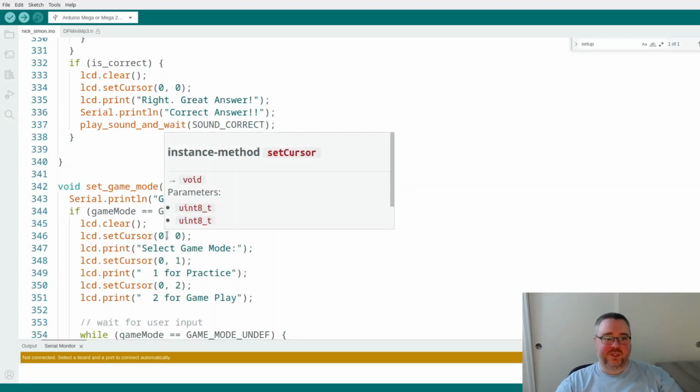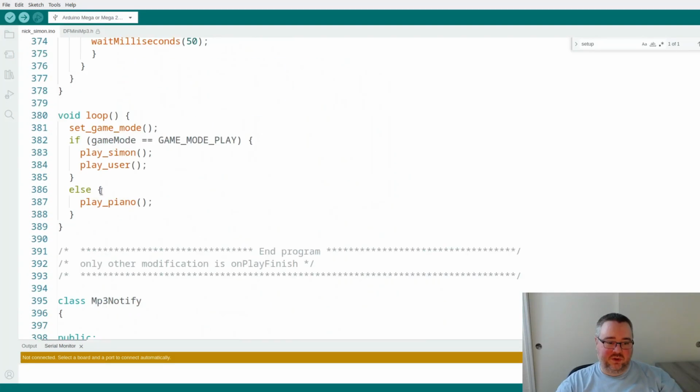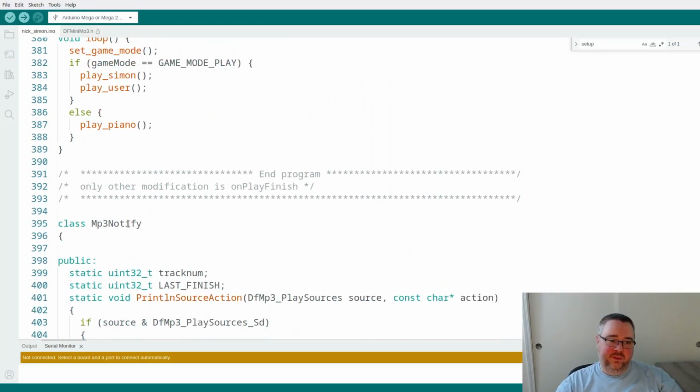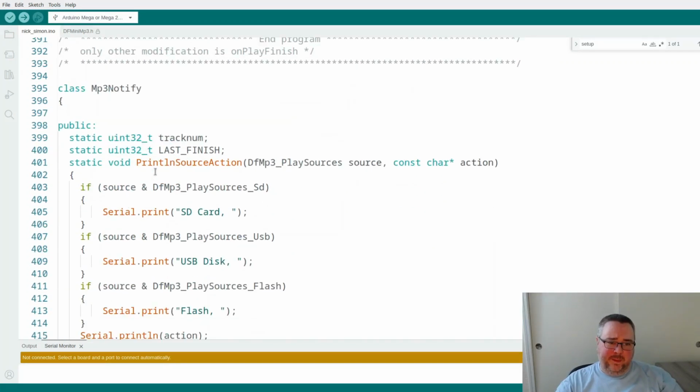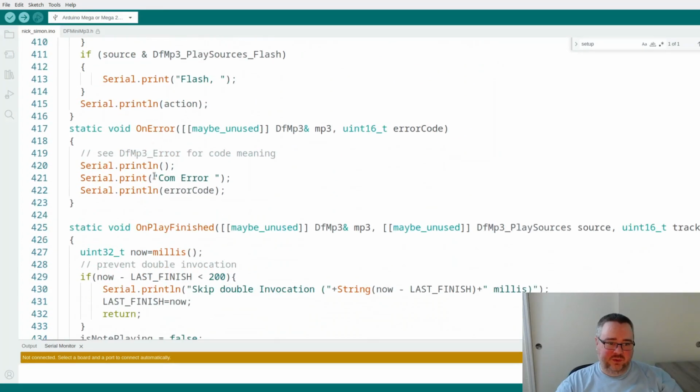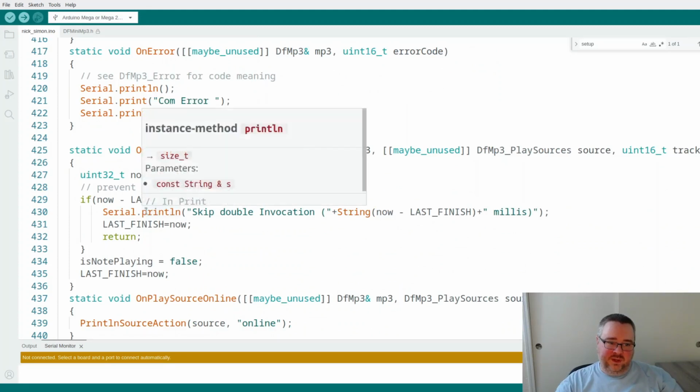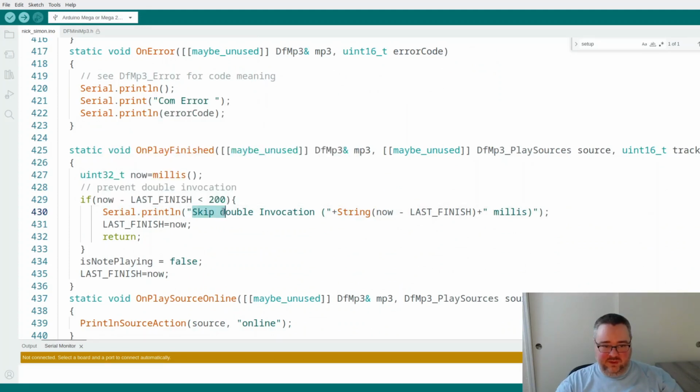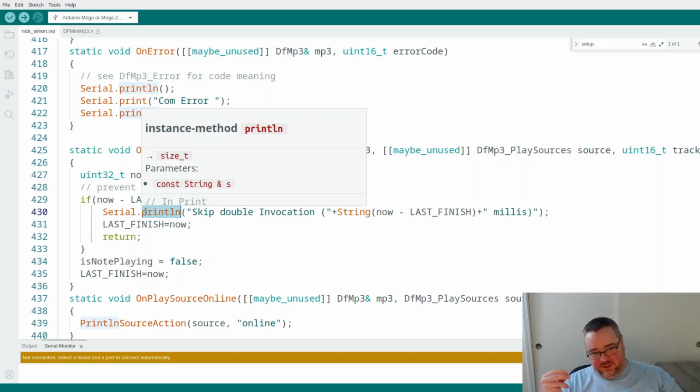So let's go through some changes that I had to make to the actual code of this MP3 Notify. There's 2 changes that I had to make to get this to work. The first one is that if you look online in the forums, there's a thing called double invocation, and what happens is when it tries to play a note, it actually plays that note twice really quickly, and when it plays the note twice, it fails because the port's already in use, the device is already in use.